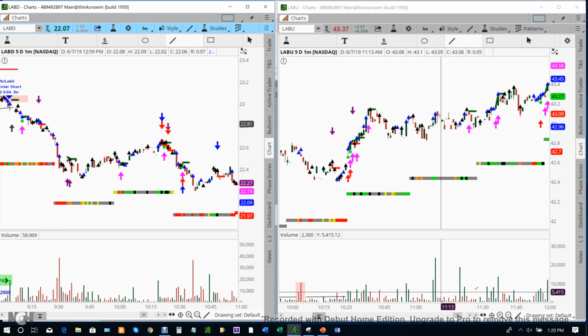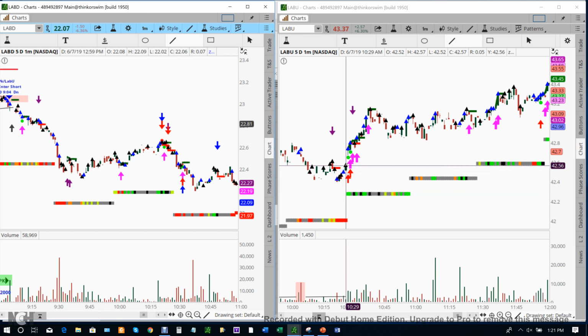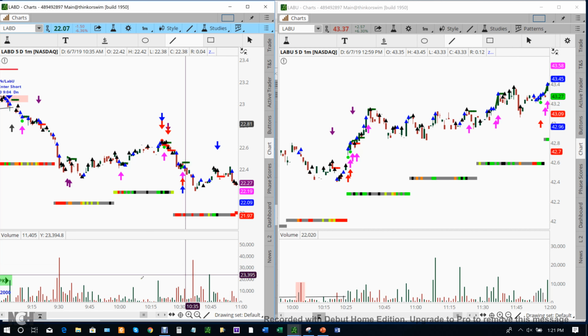And over here at 1022, it's a valley, and it stays in the valley till about 1029. So from 1022 to 1029, we're in the valley. Let's go look at Lab D. 1022 to,